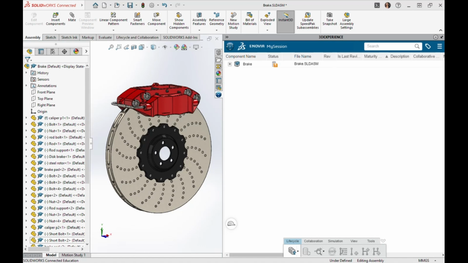Here I have a file called Break open, which is currently saved locally on my computer. You can see from the orange icon in the 3DEXPERIENCE task pane that it hasn't been saved to my 3D space yet. Before we proceed with saving, it's essential to verify the settings to ensure the file is saved to